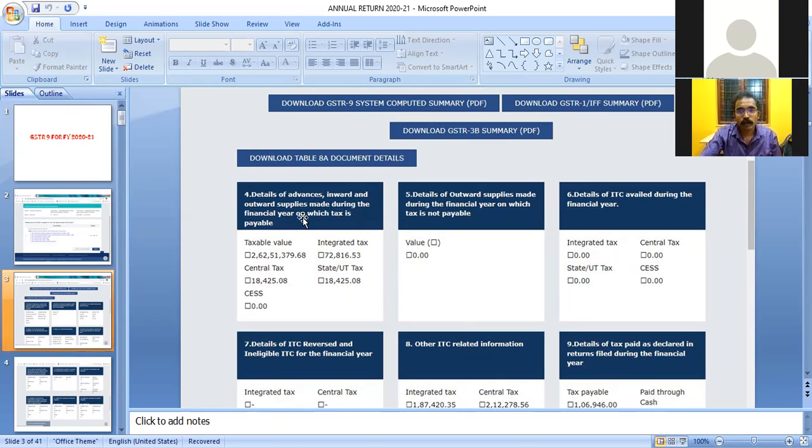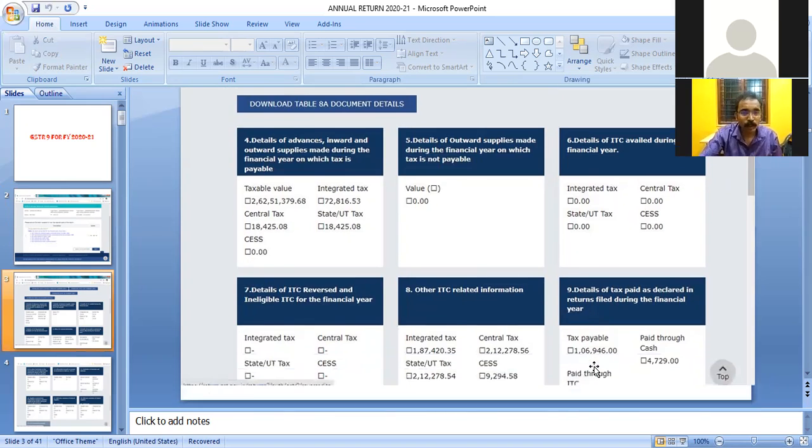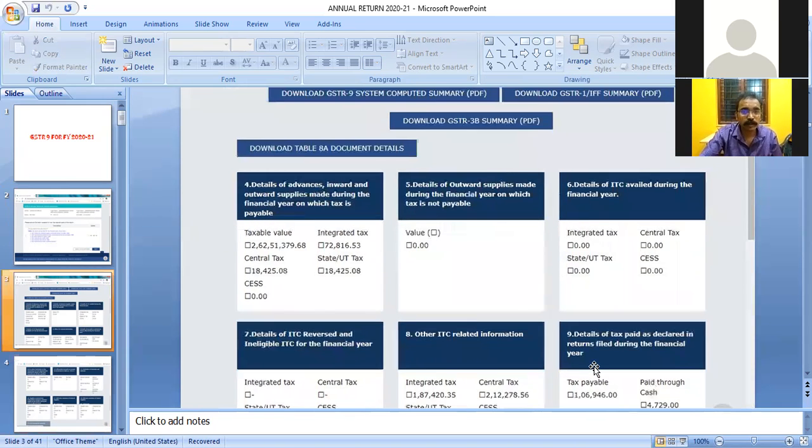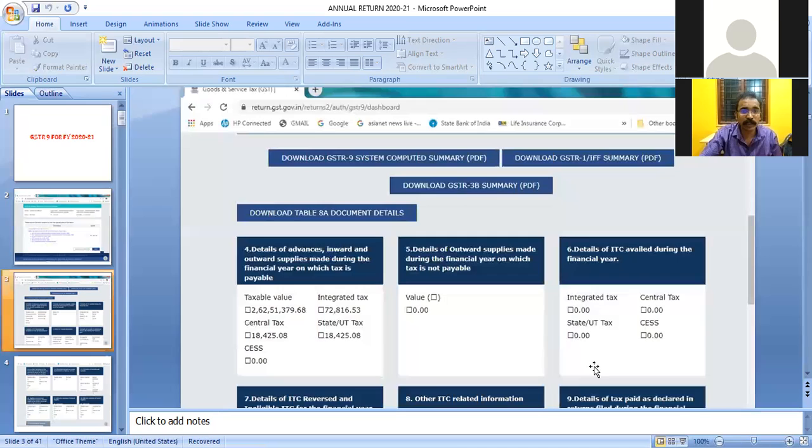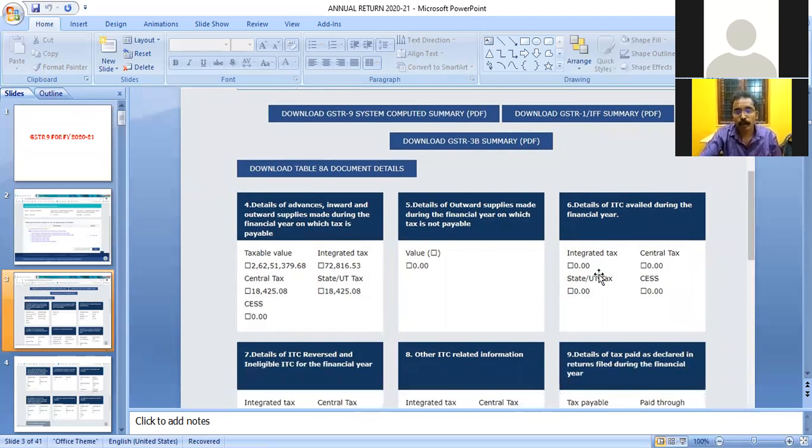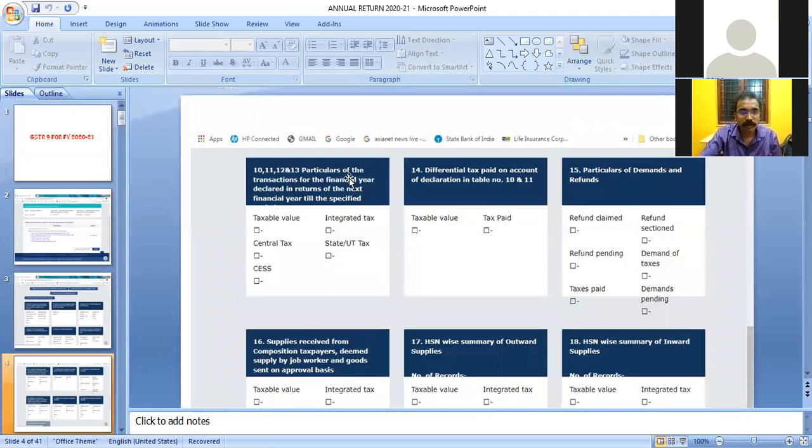In respect of outward supplies, column 4, column 5, column 9, column 10 and 11 can be used for filling the details. In respect of input tax credit, column 6, column 7, column 8, column 12 and 13 can be used.